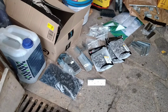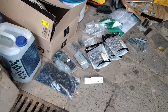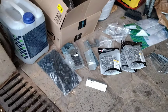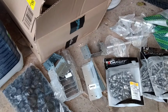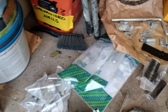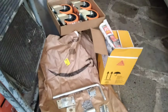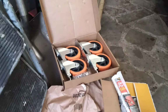The roofing sheet should be here this morning, so Mrs. K, as and when she could, has been searching for cheap things to help me do the roof. So we've got the fixings, we've got the plastic caps to go on top, the timber supports, the latches. We've got the pegs there to stop the doors blowing about. We've got the silicone, and because the doors are going to be really heavy, we've got some wheels there,